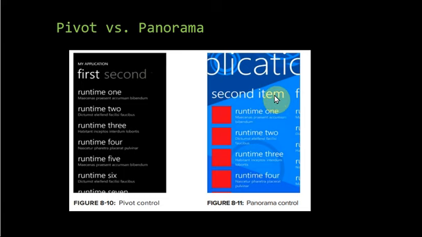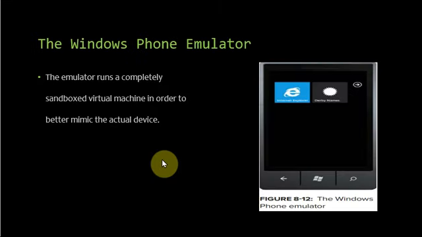Again, you have discoverable content on the Windows boundary. Okay, so that is about your pivot versus panorama, wherein you are saying pivot is having a very strict isolation between the categories and the subset of data. Okay, and the next one under the anatomy, the last one we are going to say is the Windows Phone 7 emulator.